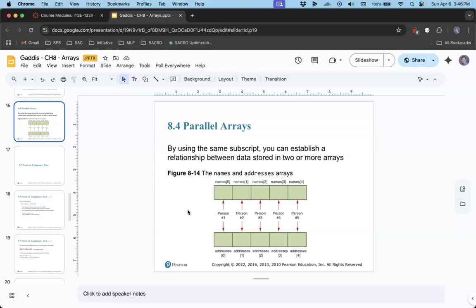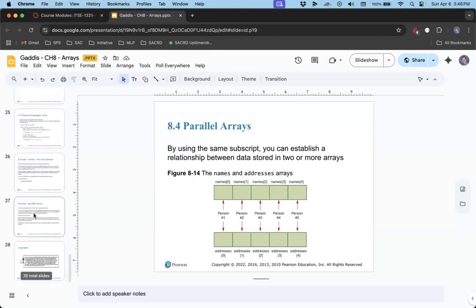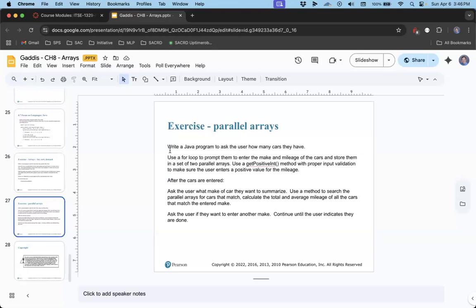Okay. So we're going to do that experiment, but we're going to use cars and mileage. So we're going to ask the user how many cars they have. We're going to write a for loop to prompt them to enter the make and mileage of the cars and store them in a set of two parallel arrays. So one set of two parallel arrays. So we're going to have an array of the make, an array of the mileage. And so we're going to assume that the matching elements in each of the arrays go with each other. We're going to use a method called getPositiveInt with proper input validation to make sure the user enters a positive